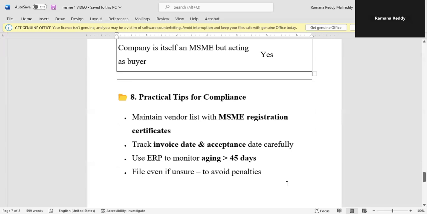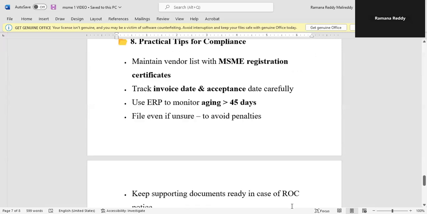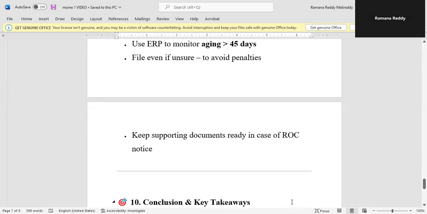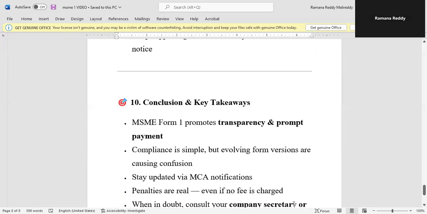Then use ERP to monitor aging, 45 days aging. If you have any doubt, it is better to file if unsure, to avoid penalties. Because there may be confusion whether a vendor is micro, small, or medium, it's better to file. Keep supporting documents readily in case of an ROC notice. Keep all the backup data.